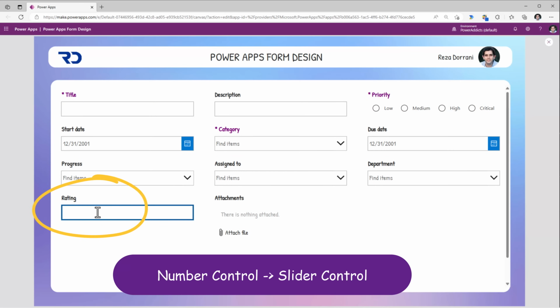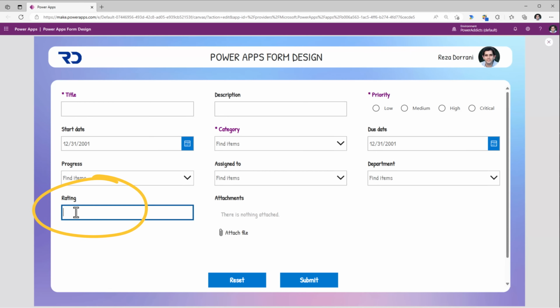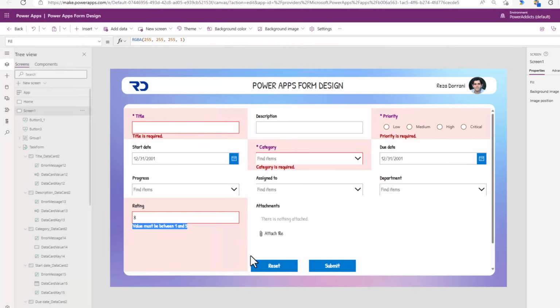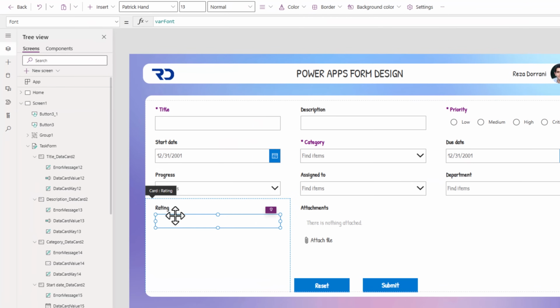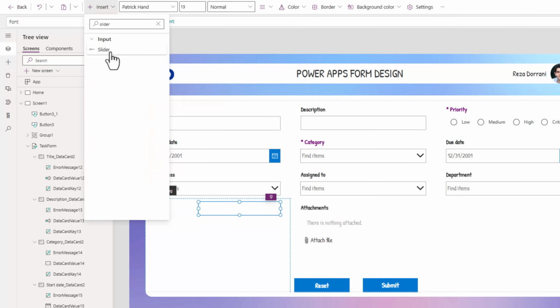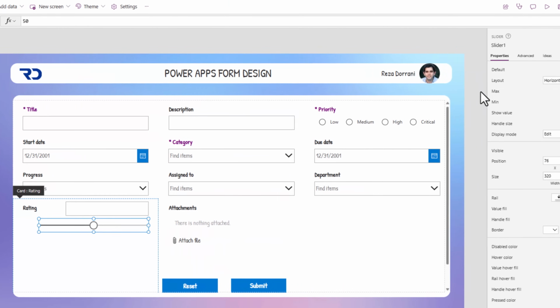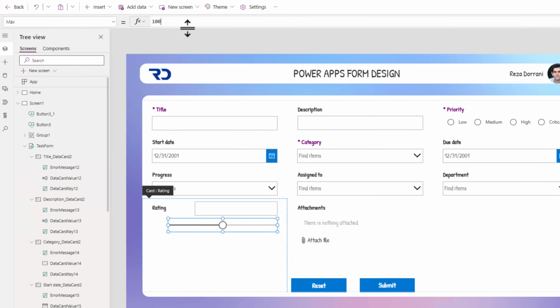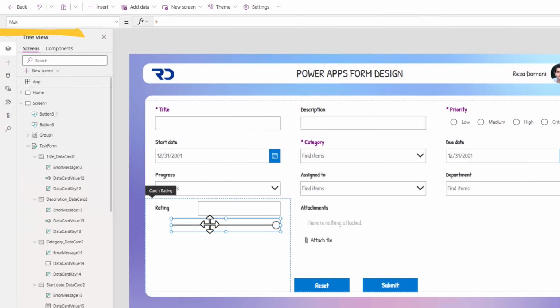Let's take the numeric control. Now I know that the values that are allowed here are from 1 to 5. So let's change this experience to a slider control. The slider control has a min value, which in this case is 0. The max value, I will set it to 5. The default value, I will set it to